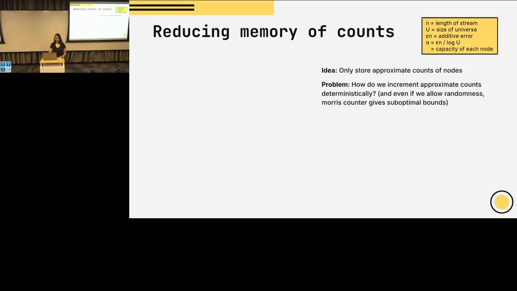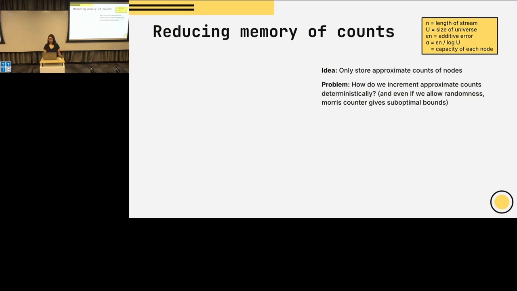So the goal now is to store these counts efficiently. In some sense, what do we want to do? We want to do approximate counting, right? We want to store approximate counts of these nodes because then they can be stored much more efficiently. The problem with approximate counting, first of all, is that it's not deterministic, and I promised you a deterministic algorithm. And even if we allow randomness, I think using a Morris counter will give you worse bounds than KLL, or maybe similar bounds to KLL with some additional log 1 over epsilon factors. I'm not sure. I think it should give you worse bounds, actually, but don't quote me on that.